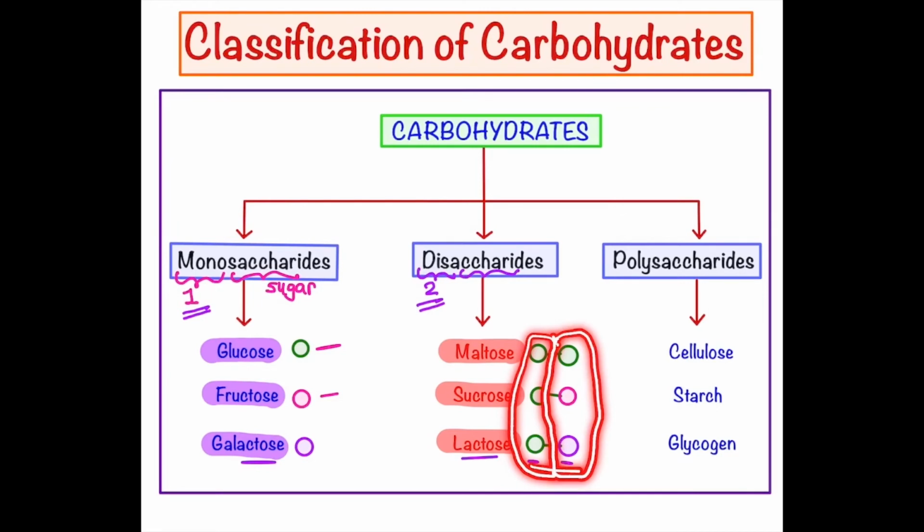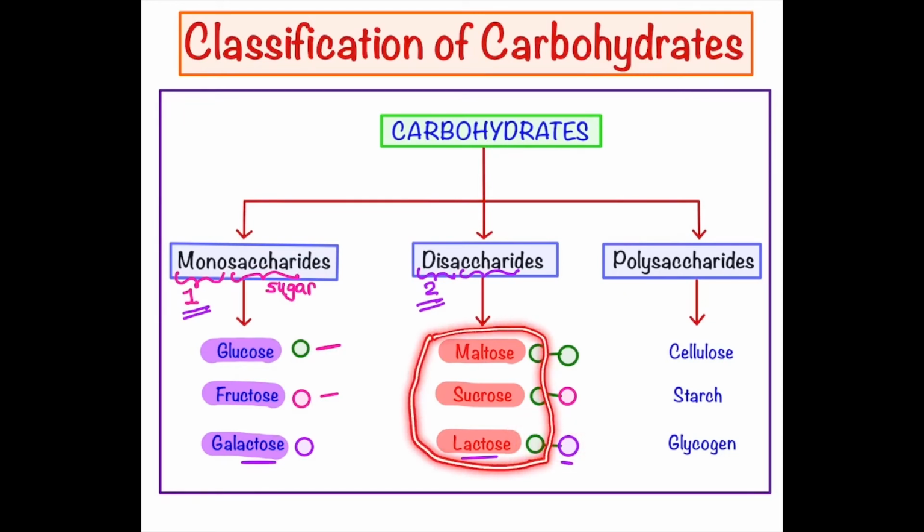Ultimately, there are two monosaccharides present in a disaccharide. Clear? So this is how you can remember what disaccharides are made up of. Because many times in the MCQs, they might ask you what lactose is made up of. In the options, they will give you glucose plus glucose, glucose plus fructose, glucose plus galactose, or glucose plus sucrose. If you remember like this using the colors, then you can easily say that lactose is similar to galactose, so galactose plus glucose, because all these disaccharides have glucose in common. So you only have to remember the second monomer, right? Clear? So this is the example of disaccharide.